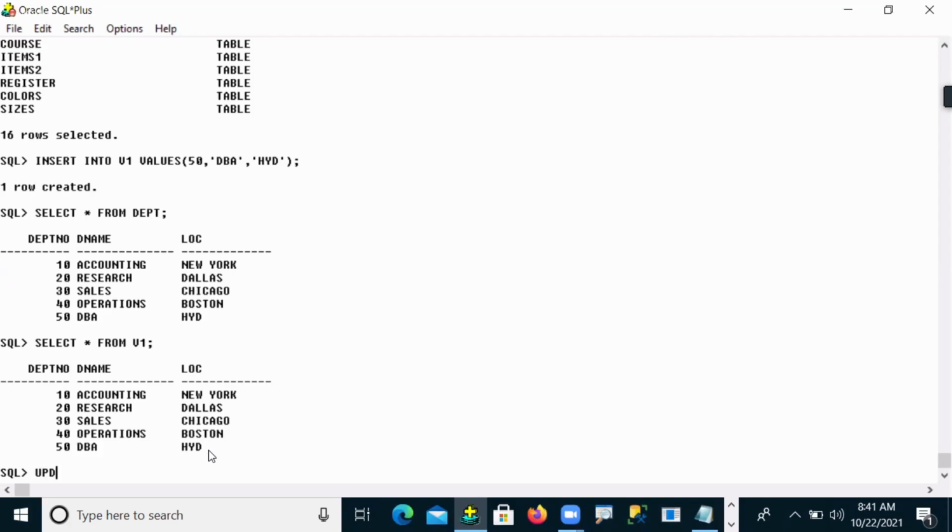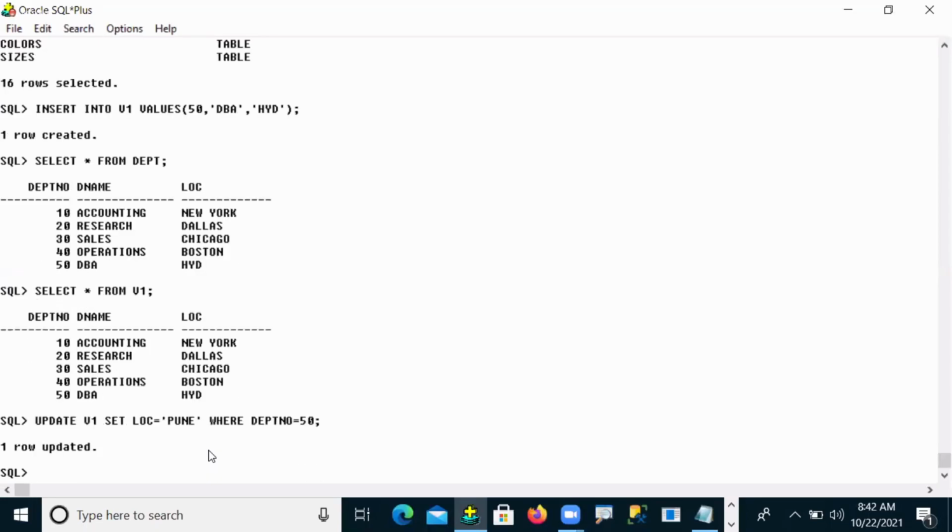In the same way, the user can do an update. For example, update view one set LOC equals Pune where DPT number is equal to 50.